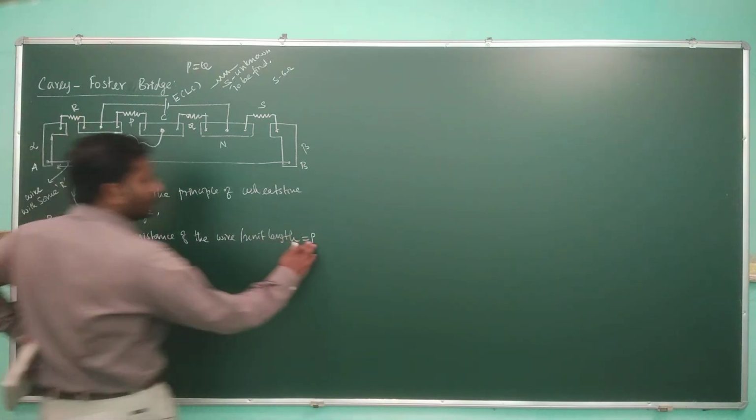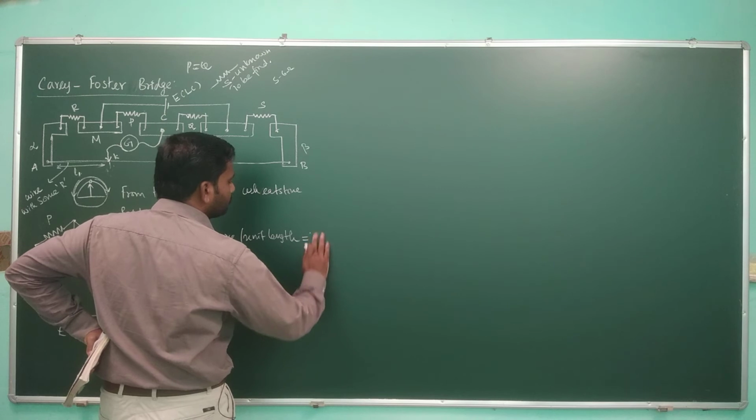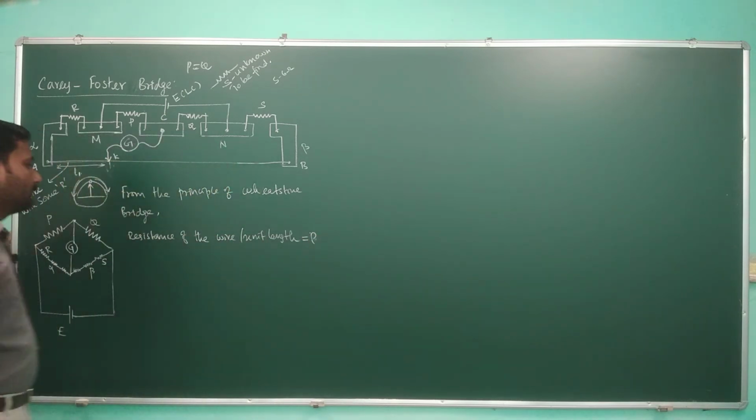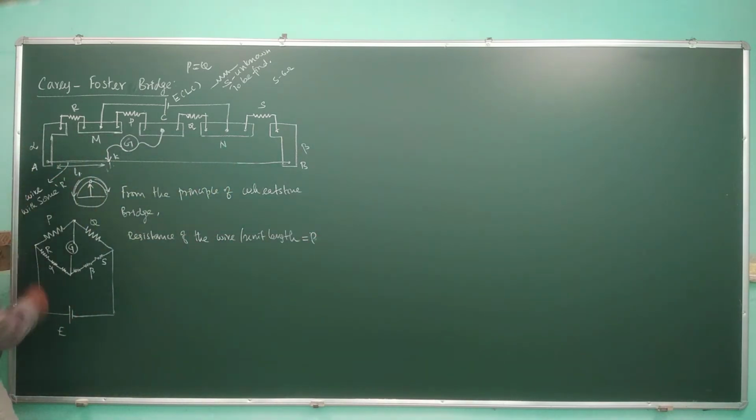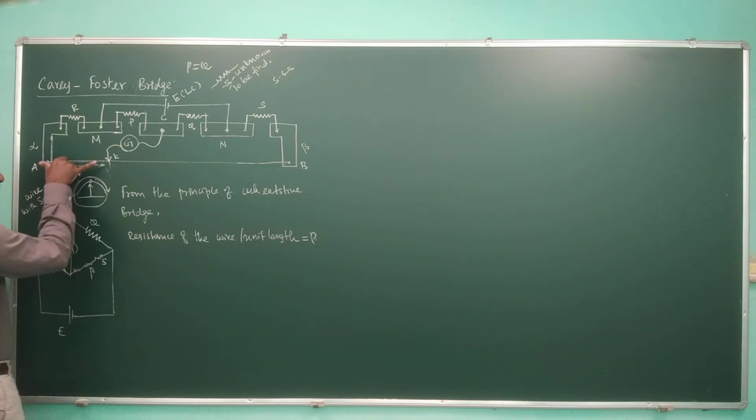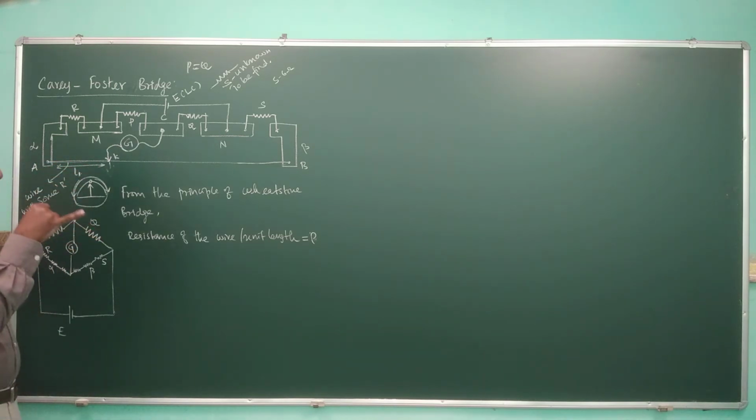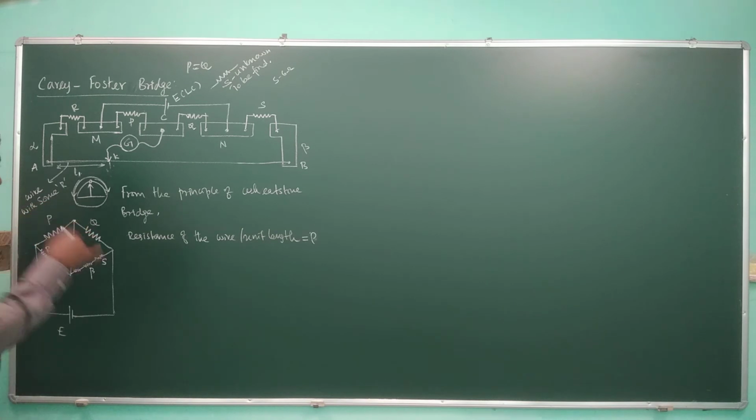Not P, it is rho. If this is the case, then for the resistance of the entire length of the wire, you have to multiply the resistance of wire per unit length multiplied by the total length. So in this case, this becomes rho times